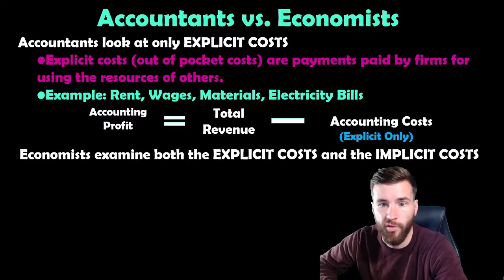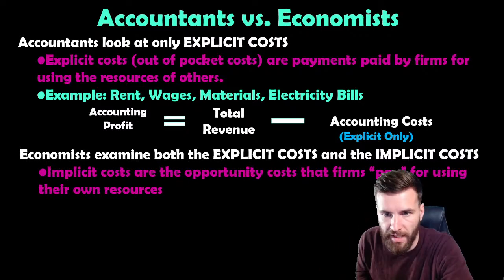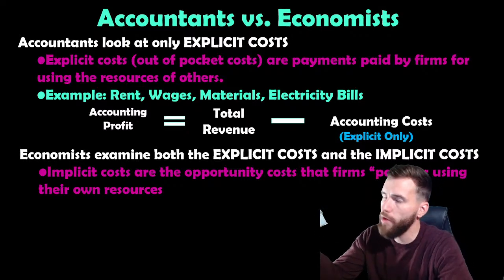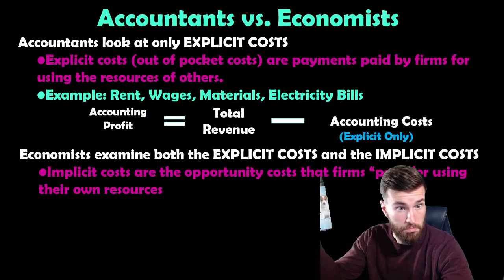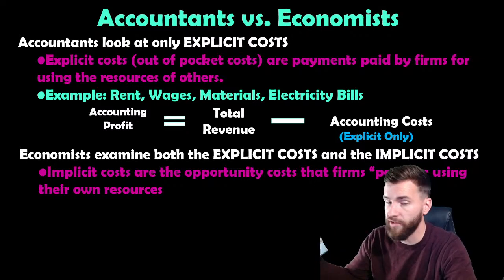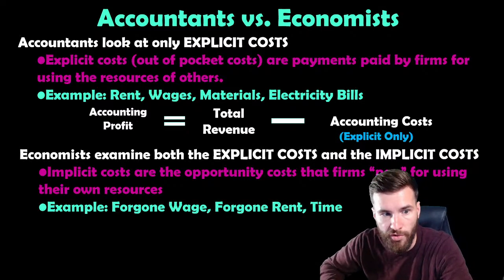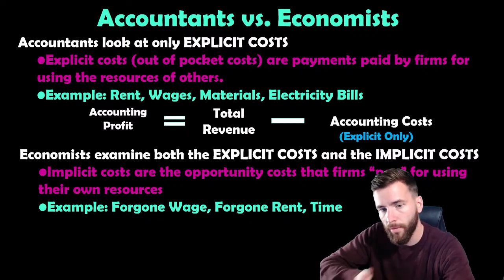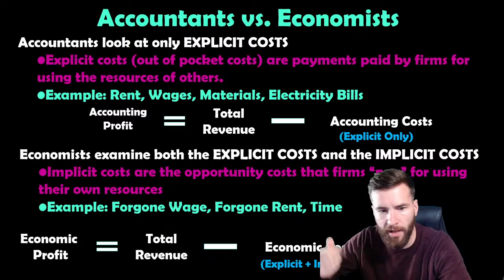So economists use explicit cost and implicit cost, and implicit cost is opportunity cost. What could you otherwise be doing? What, Mr. Moore, could you otherwise be doing than producing this mug? What else are you good at? I'm good at producing peppers. I'm really good at producing peppers. So we need to take that into account to see, should you keep producing the mug or should you stop producing the mug? We need to be aware of your opportunity cost, your implicit cost. Examples of implicit cost are foregone wages, like producing peppers, or foregone rent and time and other things that we generally can't measure in terms of dollars.